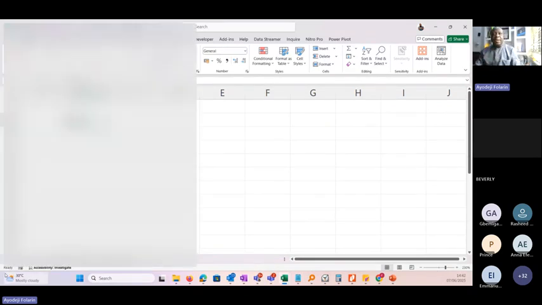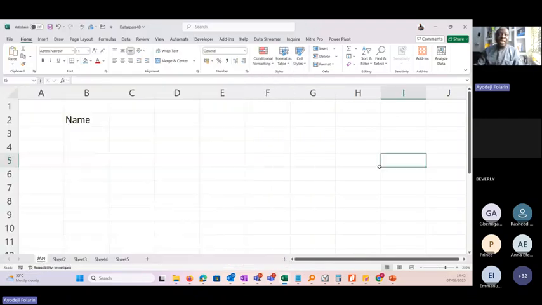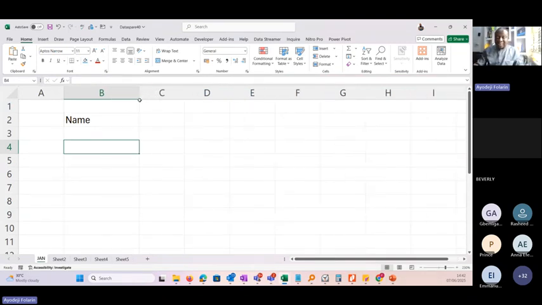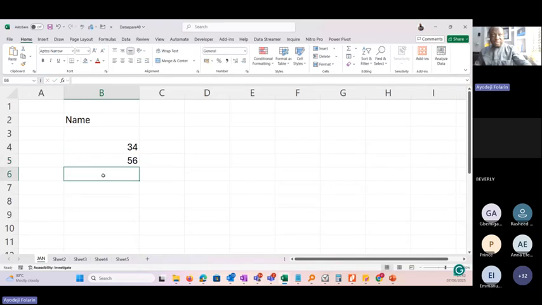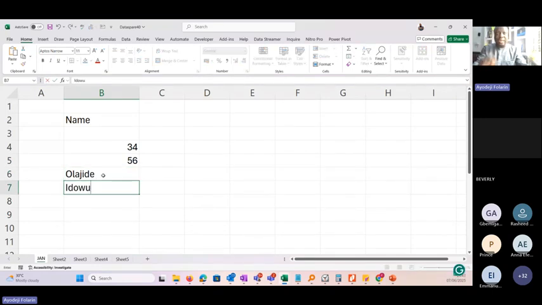So the next step that I want us to pay attention to now is data entry in Microsoft Excel. As analysts, we need to be very conscious and attentive to this. I want to enter some data sets. I type first data set, second data set. I type Olajide, I type Idowu, and I type today's date is